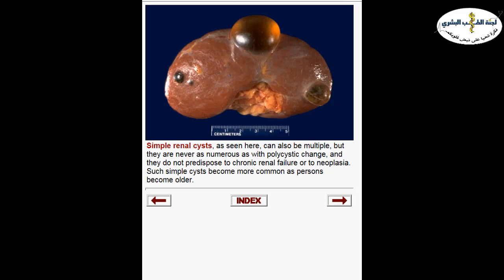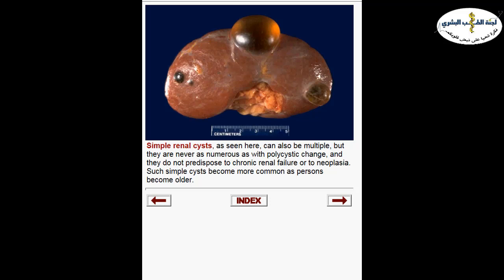If you do an ultrasound for any pregnant patient, or do an MRI or abdominal CT for whatever reason for a patient, it's not uncommon to see an incidental finding, a simple benign cyst in the cortex. It's actually up to 10% of the population having these benign simple cysts.